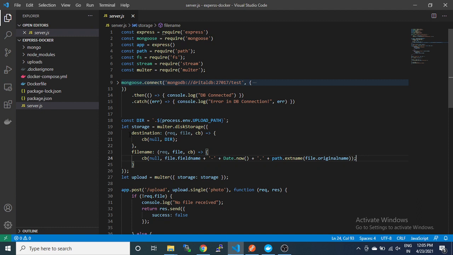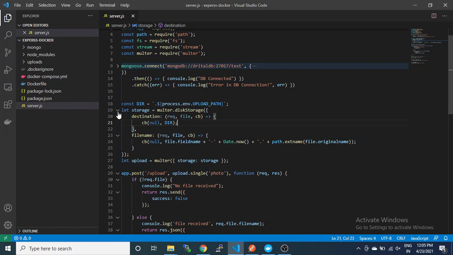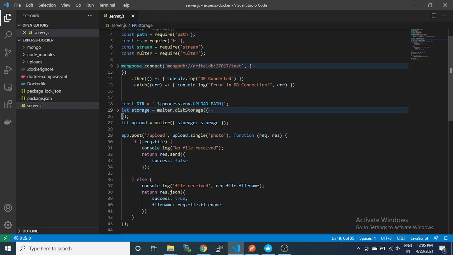Another one is to get the destination. So this is the config, and after that we have created the multer storage, and when the upload post method is called, it will upload the single photo, and this is the key in which we will attach the file in form data when we send it from the browser.